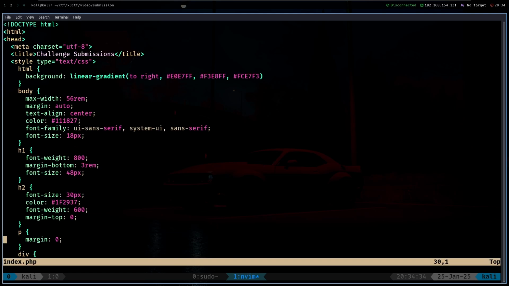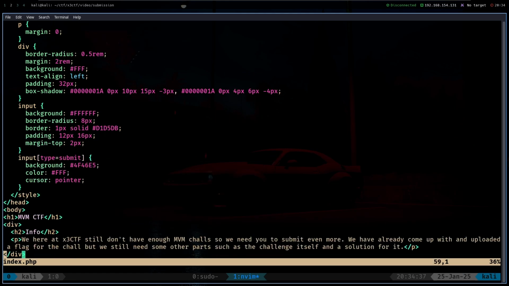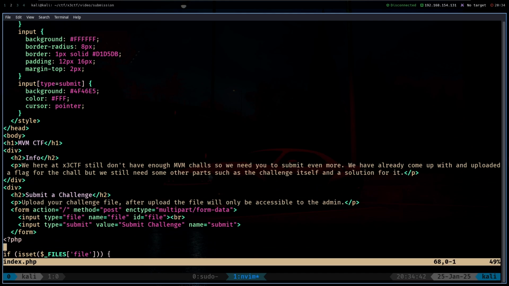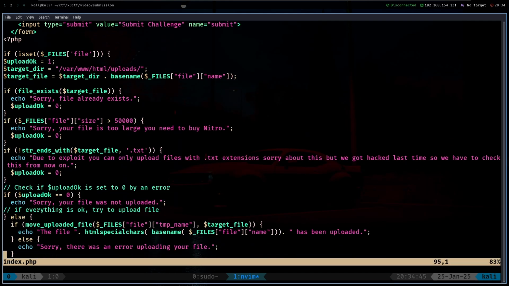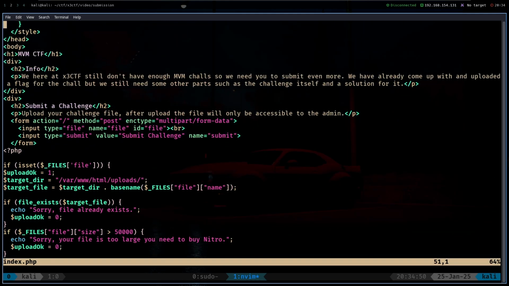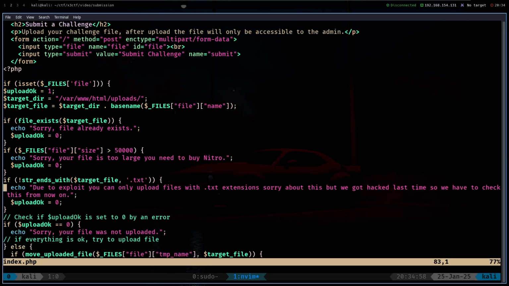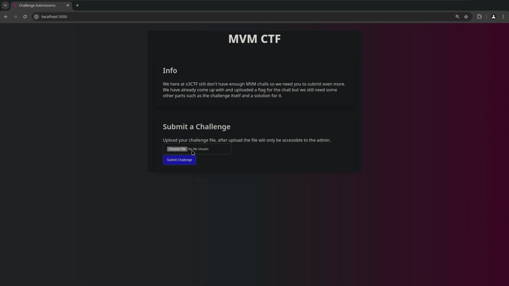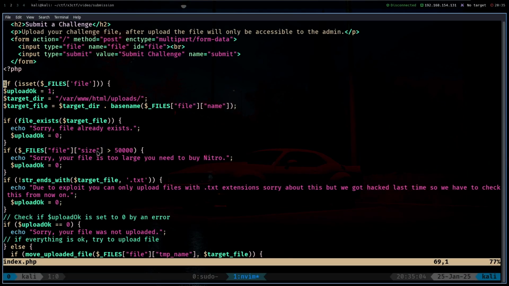On the top here, we can see that there is nothing interesting. There's just some CSS for the styling. Then we have some static HTML, and then we have some PHP. Let's go through this code together, and I'm gonna explain everything that it does. So first of all, it checks if a file is set, and we are setting a file by uploading it here. After checking the file, if it is set, it sets upload to OK, and chooses the target directory to